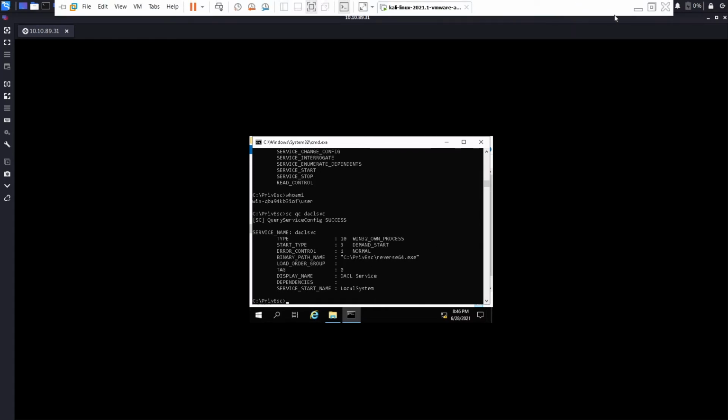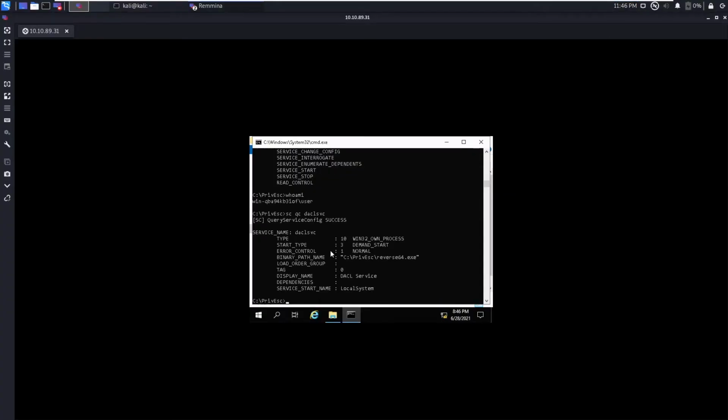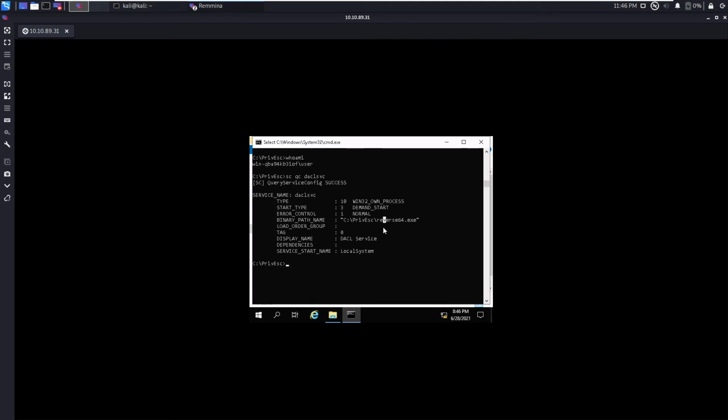I think this should give us enough information. Now you can see the binary path name: C privilege escalation folder reverse64.exe. I have already changed this one, so I will show you how to change it.